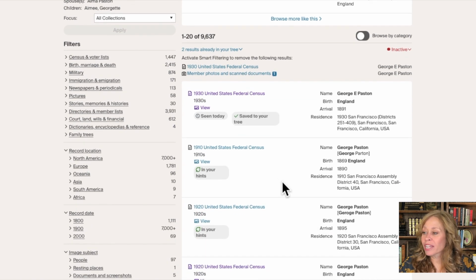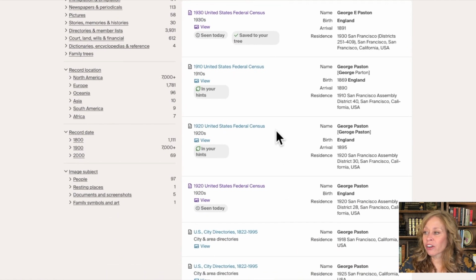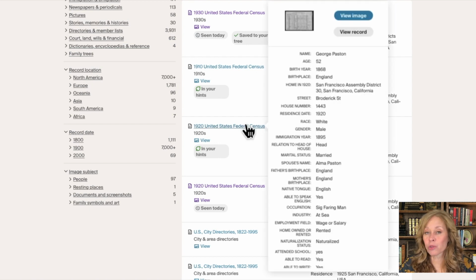So if you look down here too, and this is an example of this, you see that there's a George Paston in 1920, and I'm going to hover over this, and that will give me the details, which is really nice. I don't have to go into the record. And it shows me that he resided at 1443 Broderick Street, which I know is where he and my great-grandmother resided with my grandmother. It says it was indexed that he was a seafaring man,